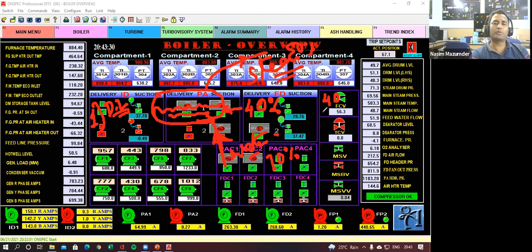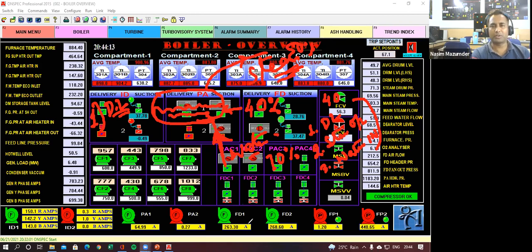So now you can go for a 3 element control. It means you have to match this steam out, water in, and the drum level. This is called 3 element. Number 1 is your drum level, number 2 is your steam out, and number 3 is water in. You have to take all the 3 inputs: what is my water input, what is my steam output, and what is my drum level. When you are matching these 3, then you will get that particular control.